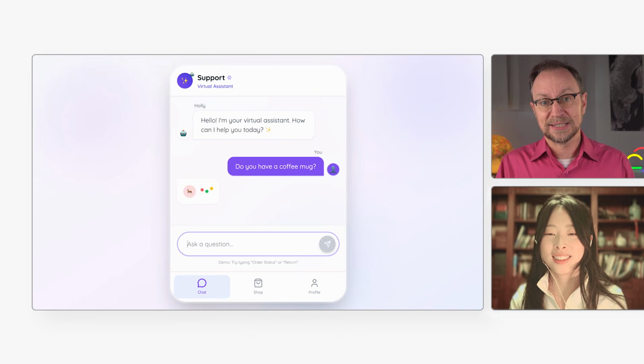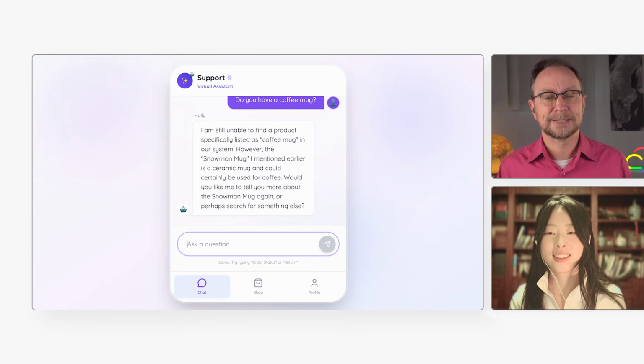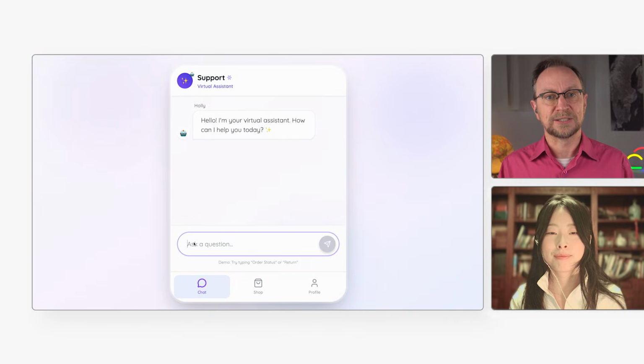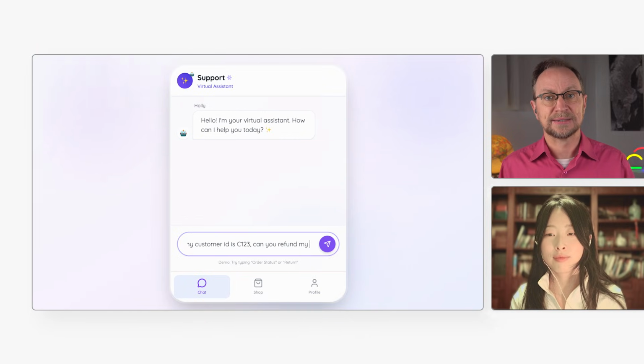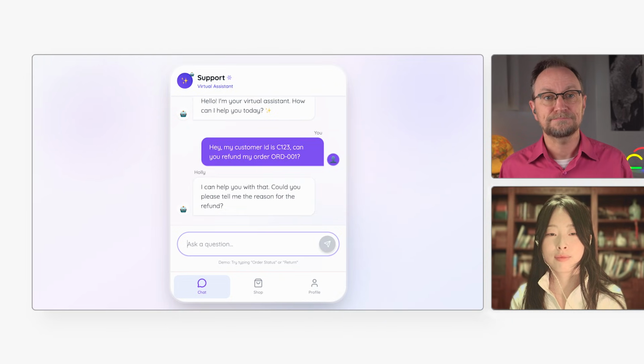It lets the user ask about and find products. It also knows about customers and orders, and we can even refund orders if the customer asks for it. So I really like this agentic app, but how can we evaluate this agent so we know it's safe to